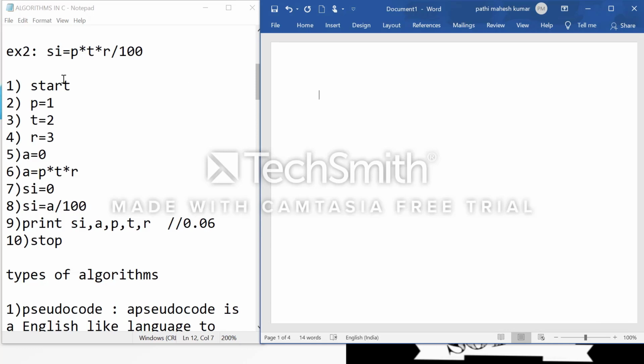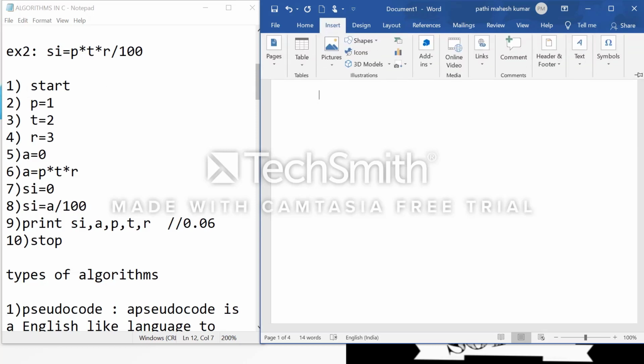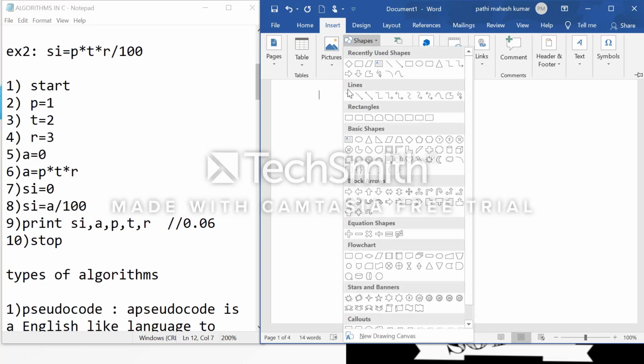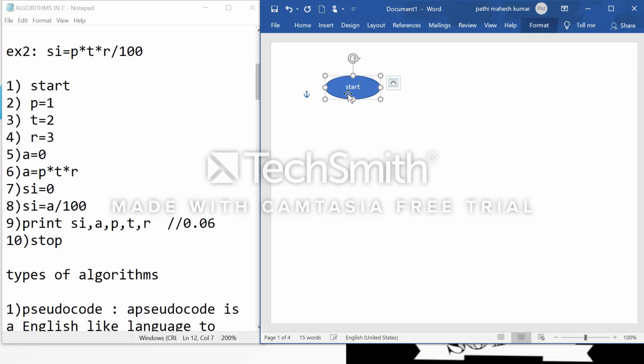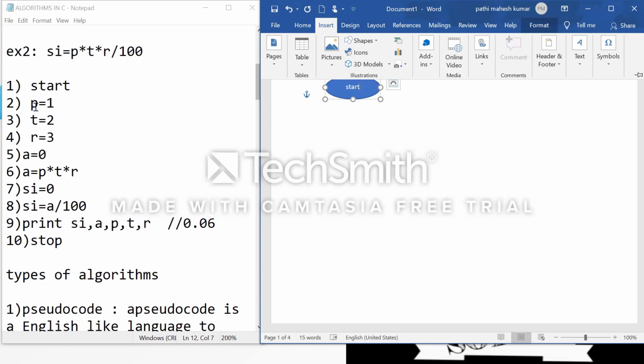So here I want to write this example in a flowchart. The first step is start. I am taking the oval shape and writing start. Then I want to input these variables: P, T, R, A and SI.